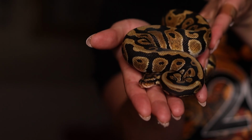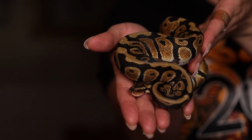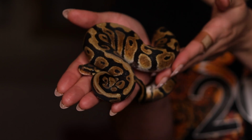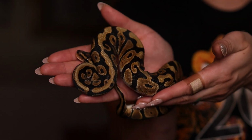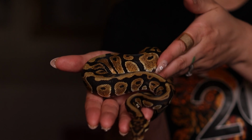So while we were talking about all of this, we ended up talking about the spot nose triple het sunset desert ghost clown female that had tested positive for DGC, and that animal ended up being our third purchase and is the one that I'm personally most excited about. So while we can't necessarily this season or next season leverage a male in that project to really get it going, we can grow this female up, and I cannot wait to see what animals Justin and Chase and everybody